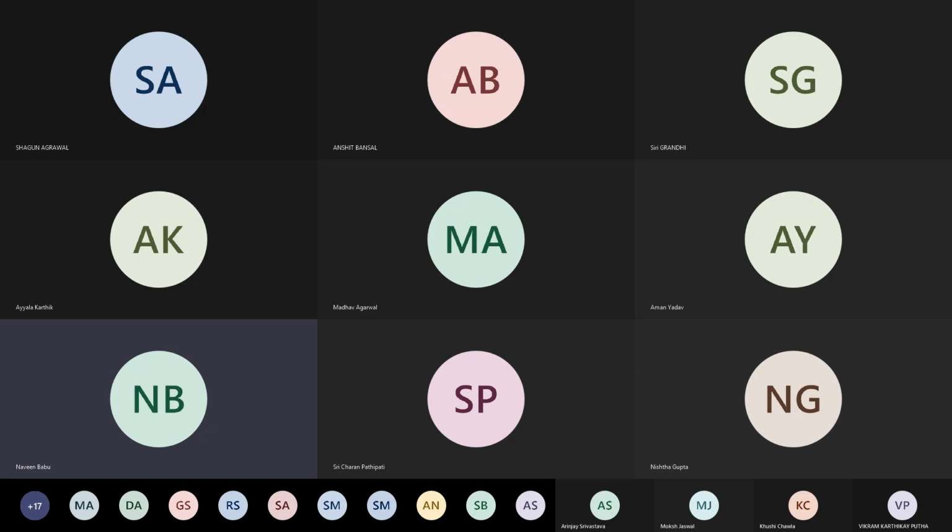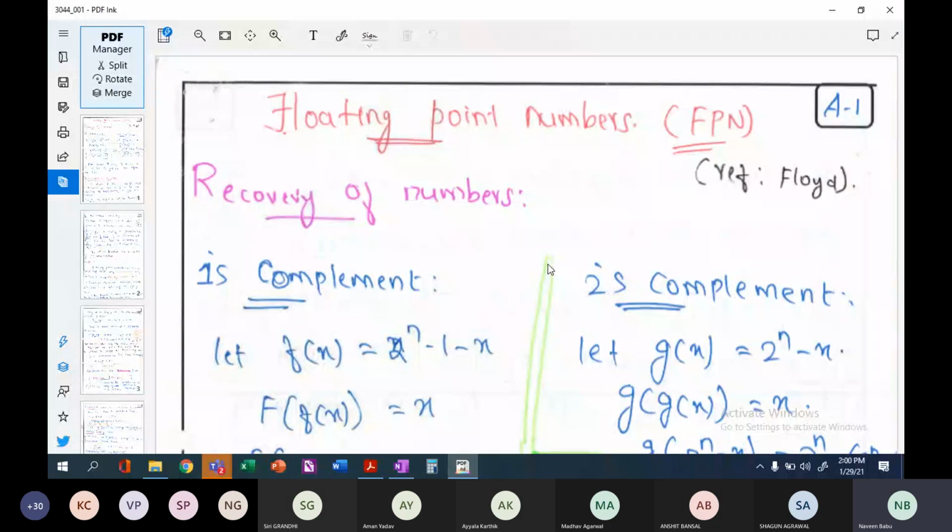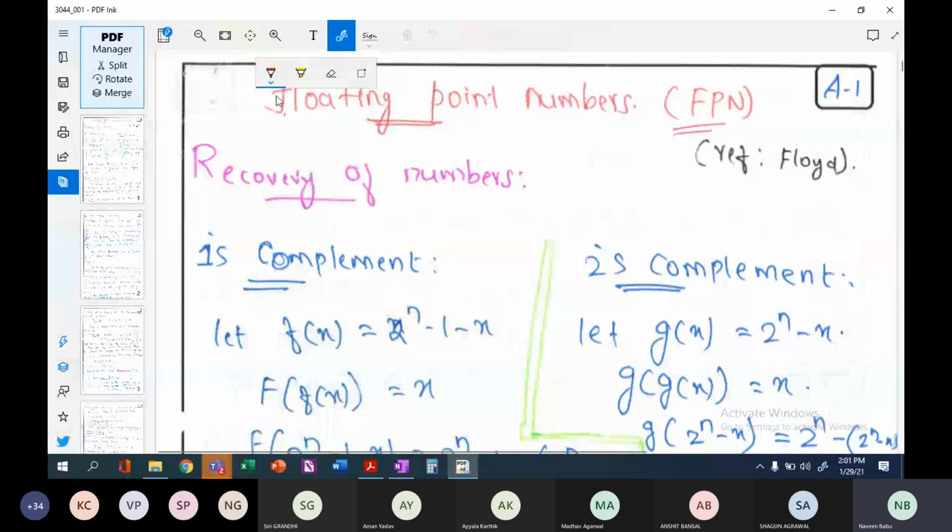Okay, so just let me recall what we did in the last class. We started with something called floating point numbers. The need for floating point numbers is that you cannot represent decimal numbers infinitely long. For example, if you want to represent some decimal number, something like